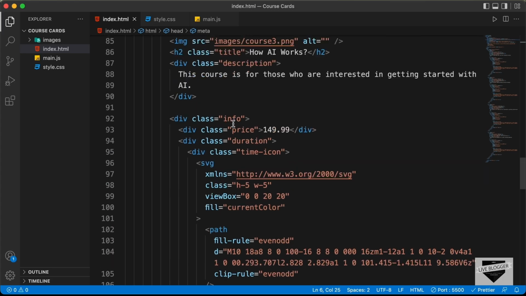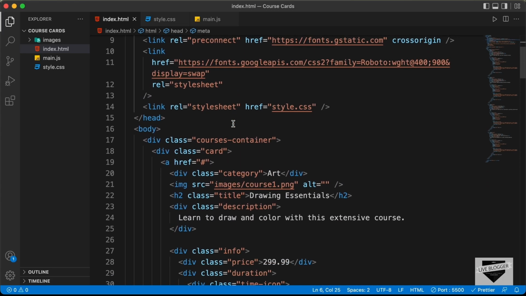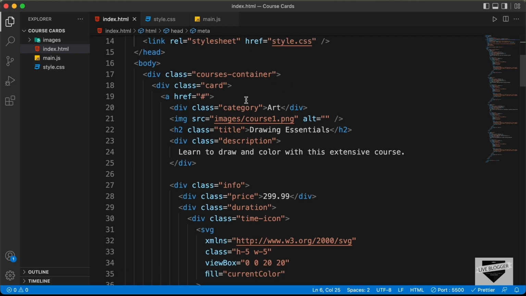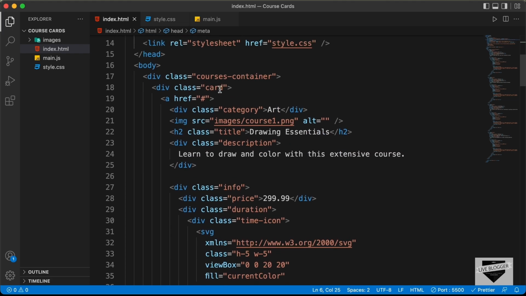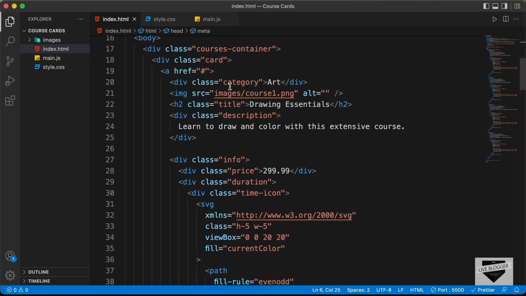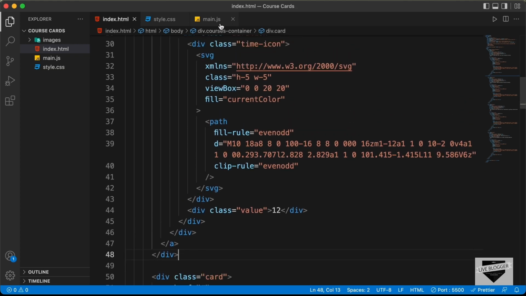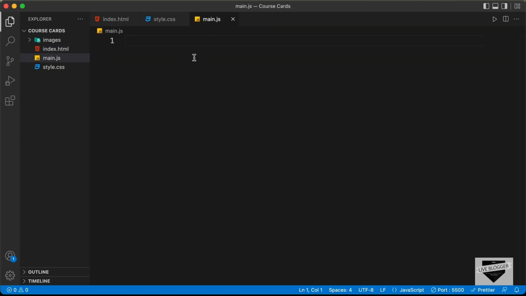And if we take a look at this source code here, we can see that we have added all these card divisions over here inside the courses container division. So we have this card division over here for the first card and in that we have the category and the title and all of these things over here. So we have added all of these things in the HTML itself. Now what we're going to do is generate all this code of this card division using JavaScript. So let's go to our JavaScript file and the first thing we need to do is create